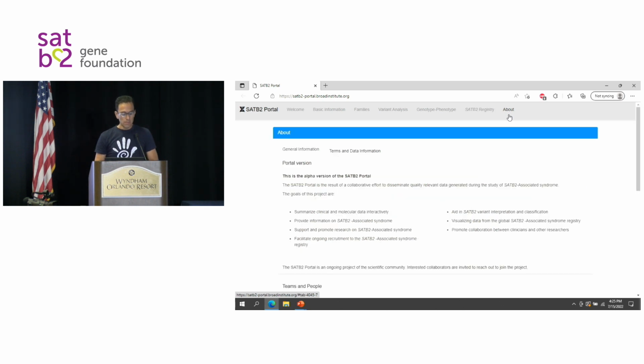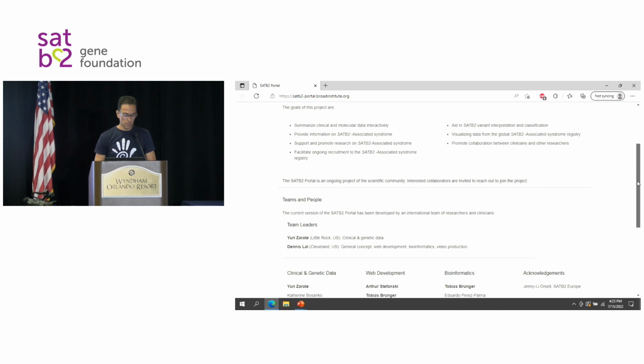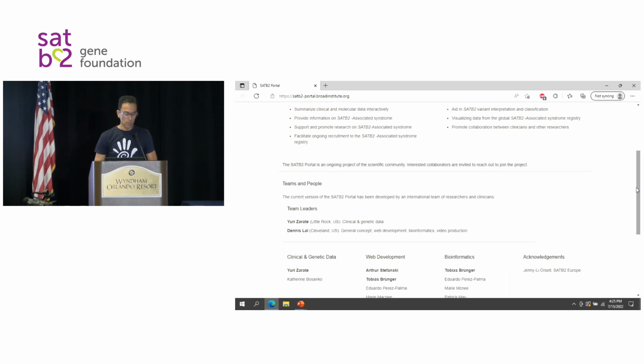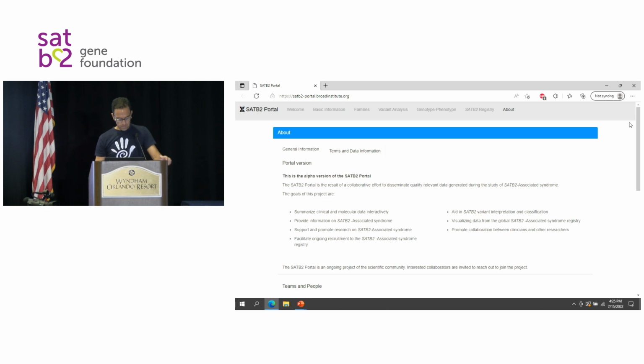The about section is just how the data came about and who contributed. This was done in collaboration with a really broad group of people from Cleveland Clinic. You see Katie and myself here, and Jenny Lee, who many of you know, was instrumental in providing feedback on how to display the data, and she's been very helpful. So that's the portal.